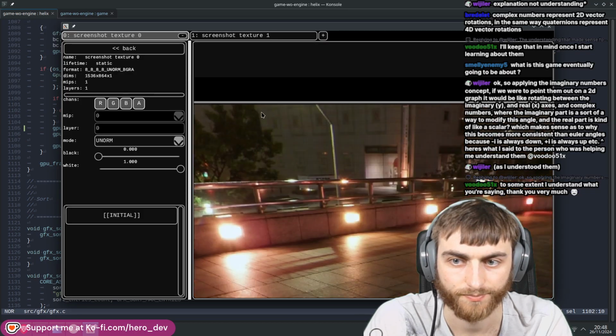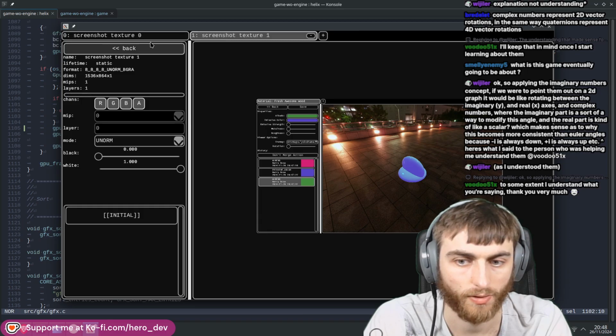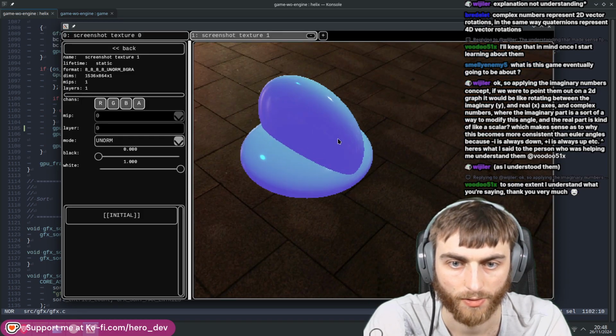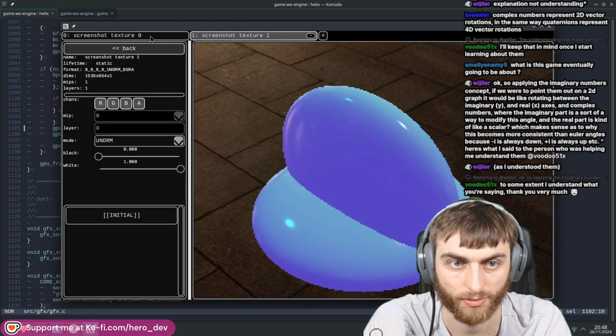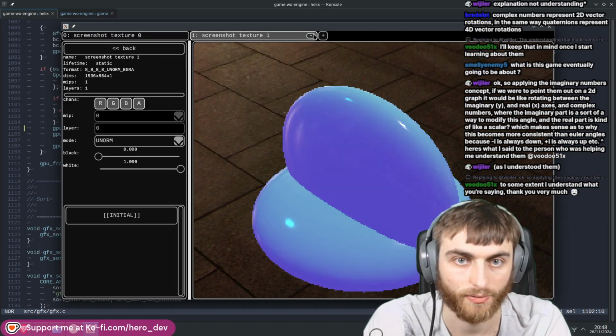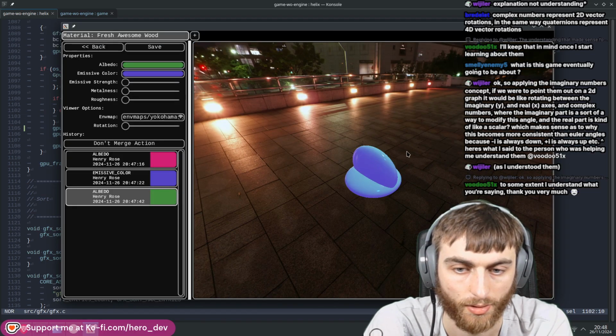Isn't she lovely? And then we can go to the alternative one, which I took the second time around, and there it is. So the beautiful thing about this is you can flip between stuff and compare two screenshots. Something I want to try is the following. What happens if I were to